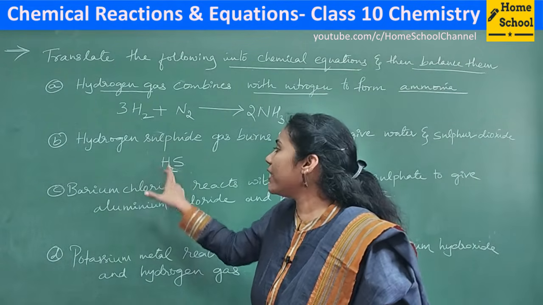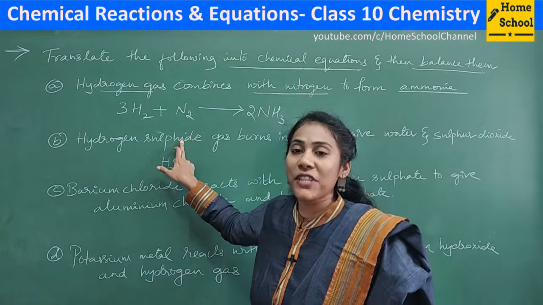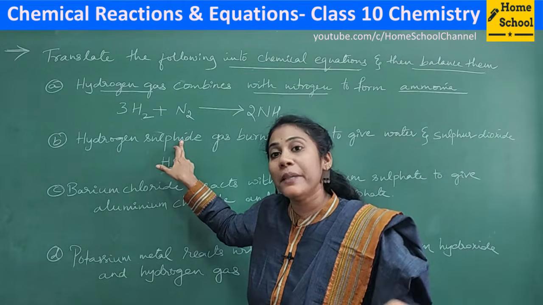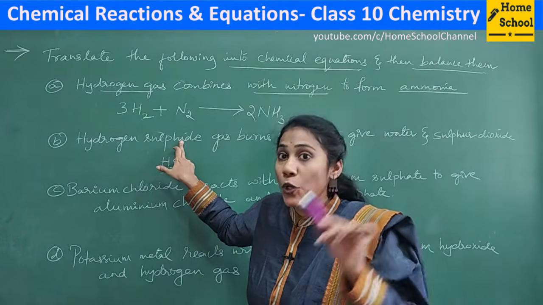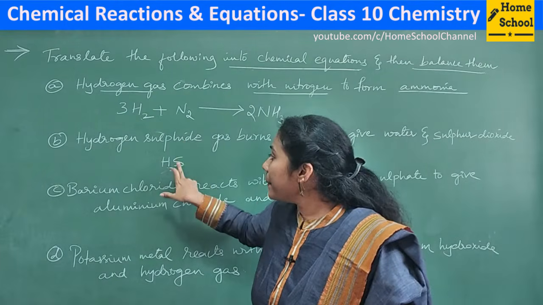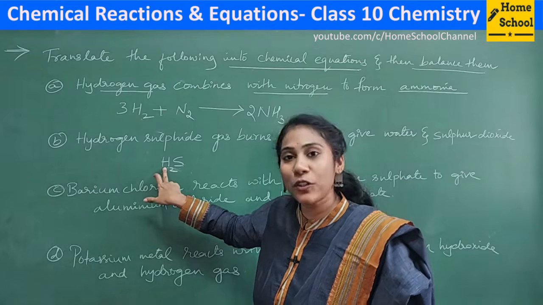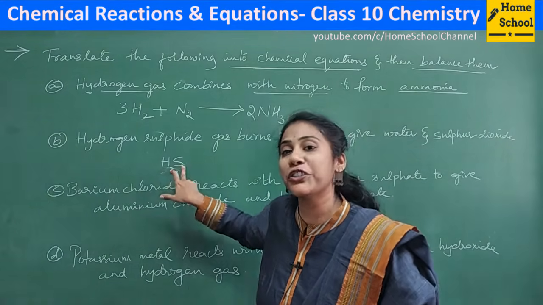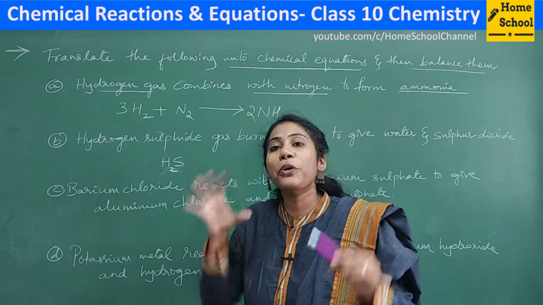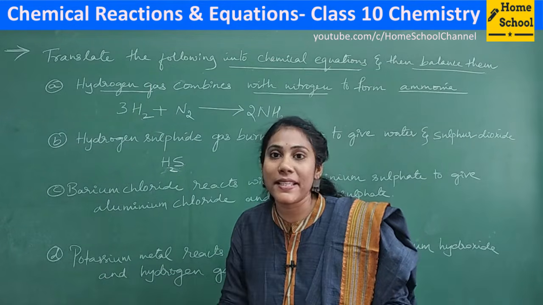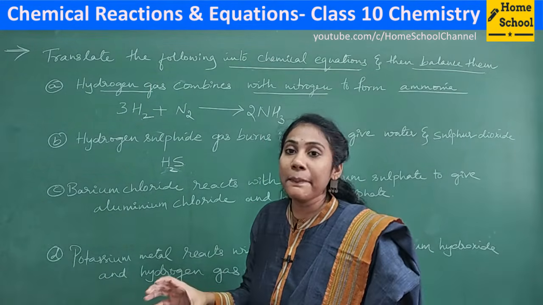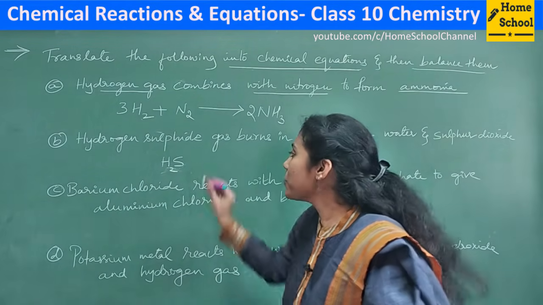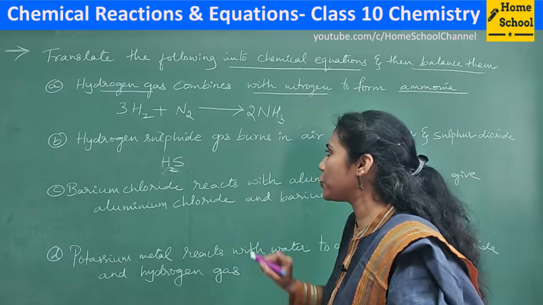You know the symbol of hydrogen? Yes. You know the symbol of sulfide? I taught you in the bridge course. Sulfide means S. Nitride means N, oxide means O, right? You know the valency of hydrogen? 1. Valency of sulfur? 2. So what is the formula? H2S, by the crisscross method. The only thing is you have to understand the basics. If you understand the basics, you need not memorize anything here. So hydrogen sulfide formula is H2S.